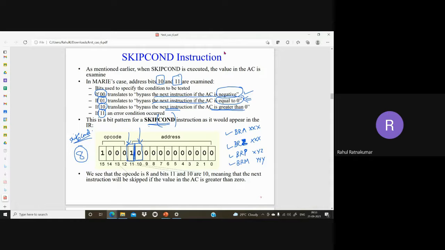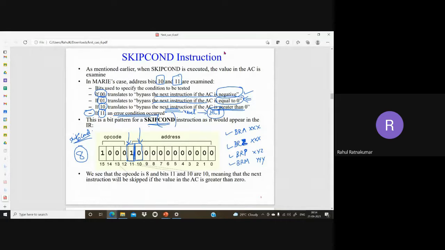If it is 1 1, it is not used. It's reserved for an illegal operation. An error condition has occurred. This is used in case of an emergency or some problem happening. There can be a divide by 0 error, there can be low battery power, there can be some kind of hacking attempt. Then I can specify this error condition with 1 1. Then I can go to a state like reset, start at the first instruction, or stop or halt, whatever. That's up to the designer.